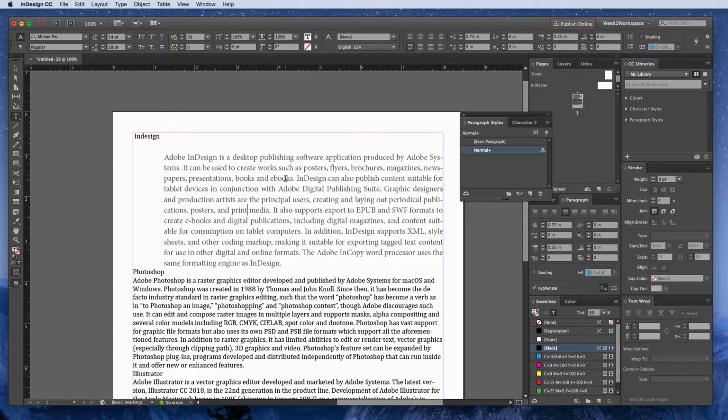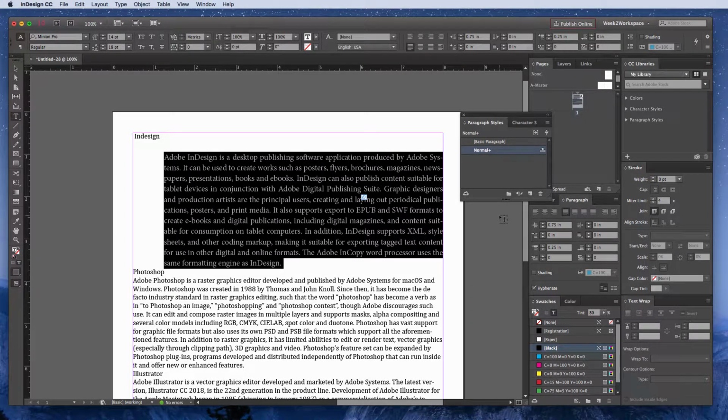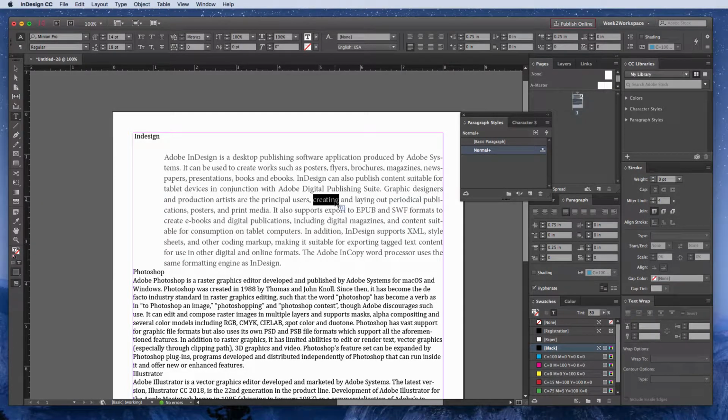What I've done is I've styled this paragraph the way that I want it to look. Okay, so I'm going to put my cursor in here. I don't have to highlight the whole thing. I can highlight the whole paragraph if I want to, or I can just highlight a word, or I can just put my cursor somewhere in this paragraph. Okay,